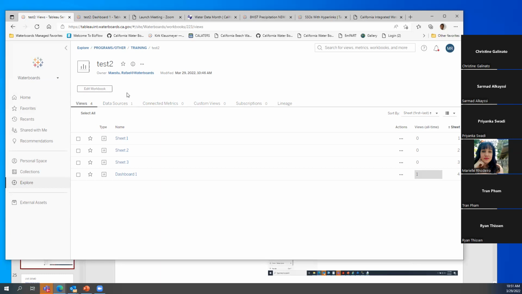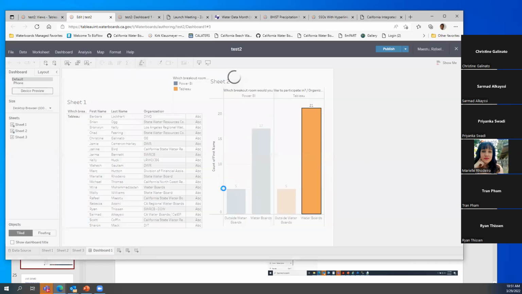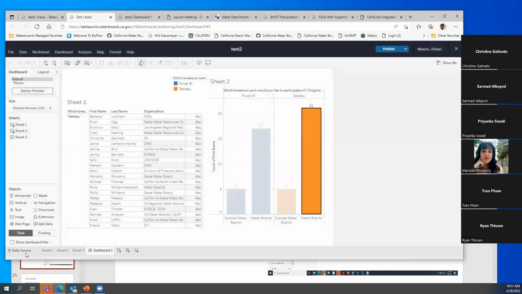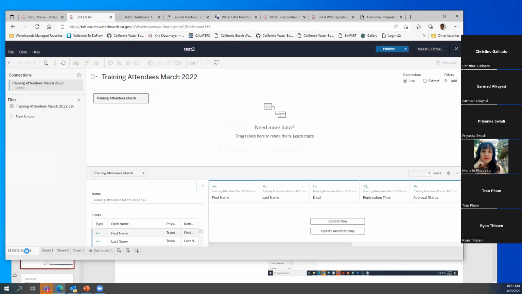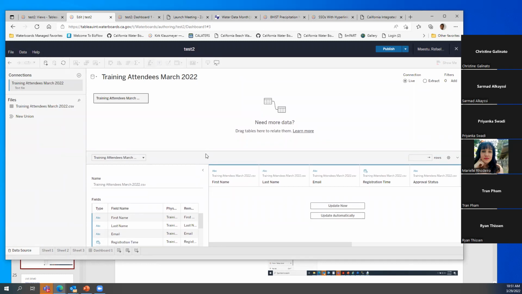Again, the navigation is intuitive once you get familiar with it. Let's go back to editing that workbook, for example. Once you do this, you can bring spatial files, like if we had the regional boards data in there, or the watersheds, or polygons, or multipoints. There's a lot of things you can do with that data.